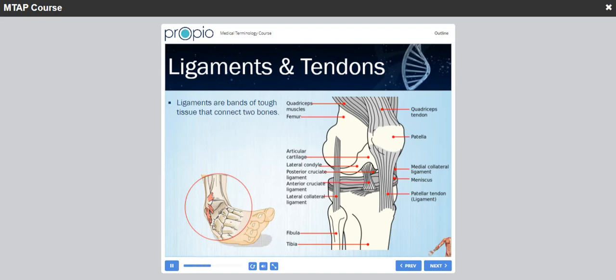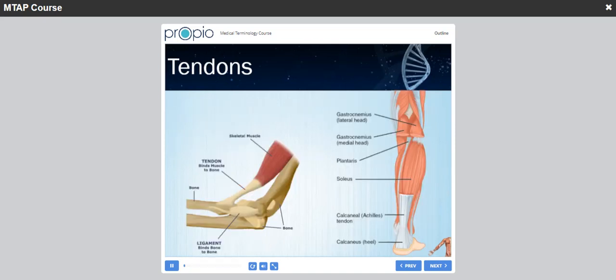Now let's cover some sample terminology you need to know. Osteo is pertaining to bone. For instance, osteoma is a benign tumor of the head made of bone. Osteoarthritis is the inflammation of the joint